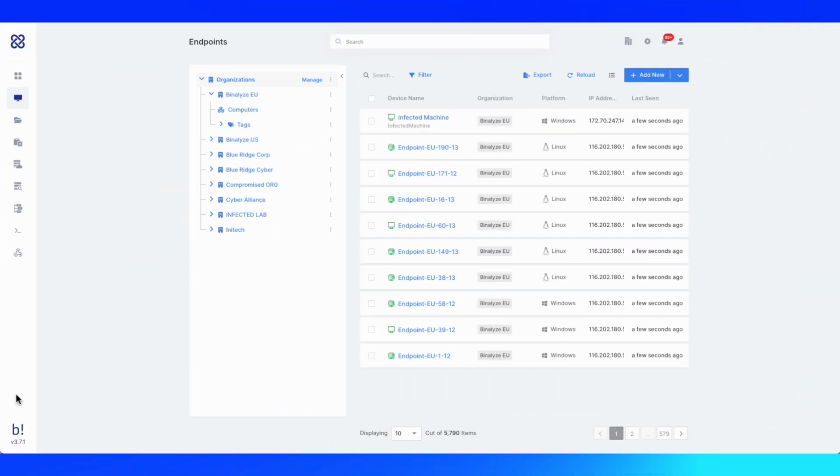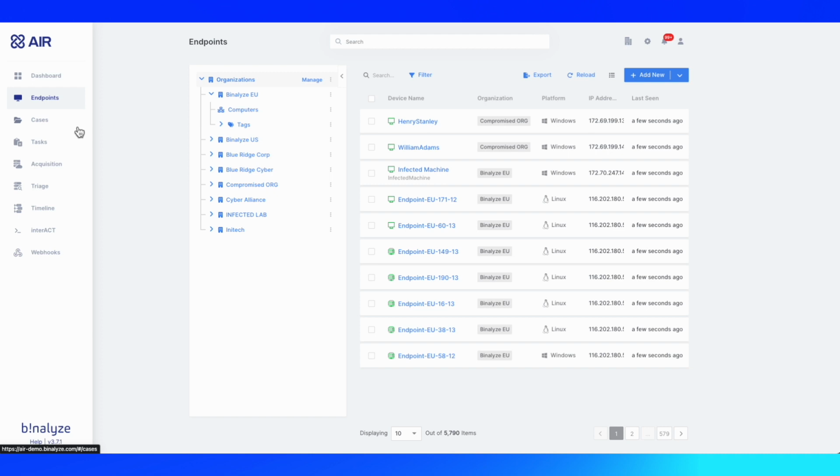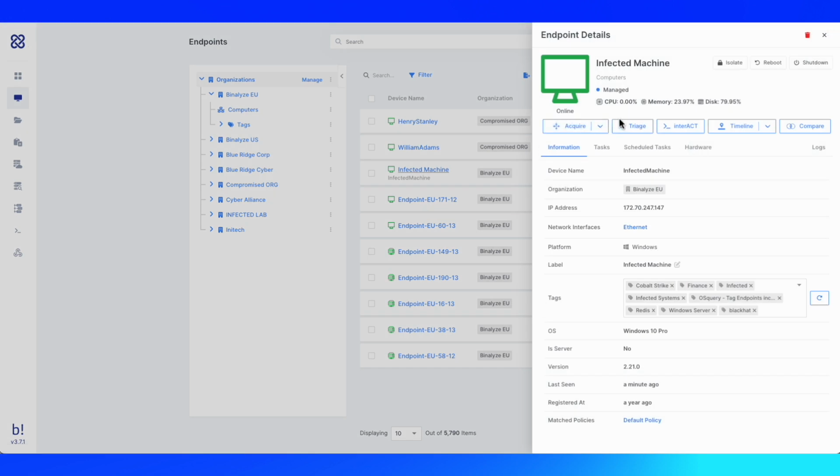Now that we've deployed an agent to a Mac system, let's go ahead and try collecting data from an endpoint, in this case a Windows system. From our organizations list, we have the ability to select bulk endpoints, or we have the ability to filter for multiple endpoints using the center area of the endpoints page within the Binalyze AIR platform. I'm going to go ahead and focus specifically on one particular endpoint and show how to collect information and data and evidence from this endpoint, as well as explain the different evidence and artifacts that can be collected using Binalyze